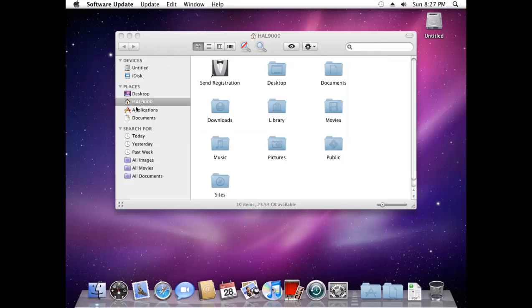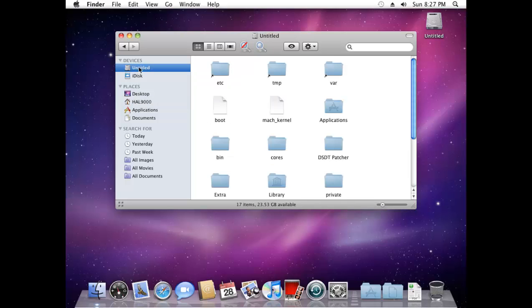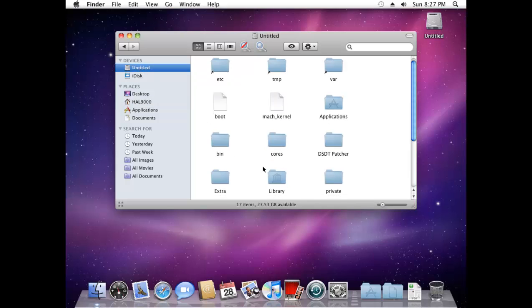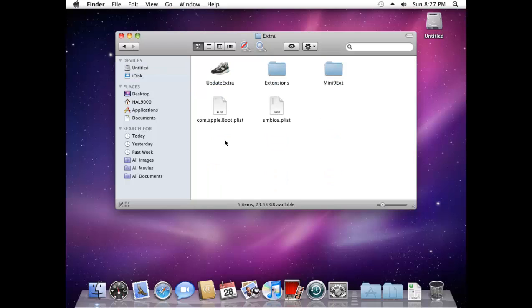Okay, so we have a couple of things here. You have your computer here, HAL 9000. You have your hard drive here, Untitled. There's a folder here called library, but don't get confused. Press hard disk right up there. And then you have a library folder here, but first we're going to go into extra. Double click extra. You have a file called